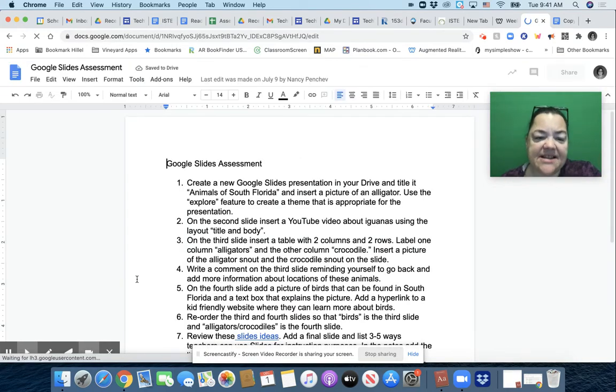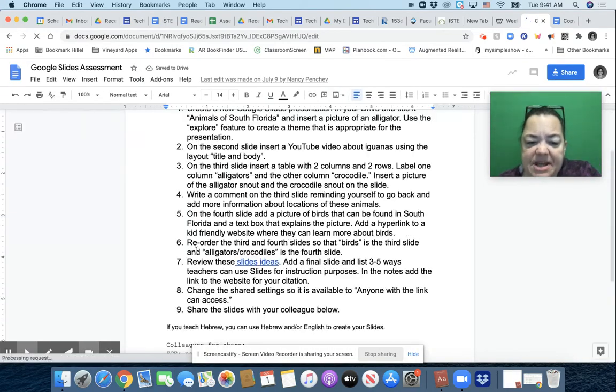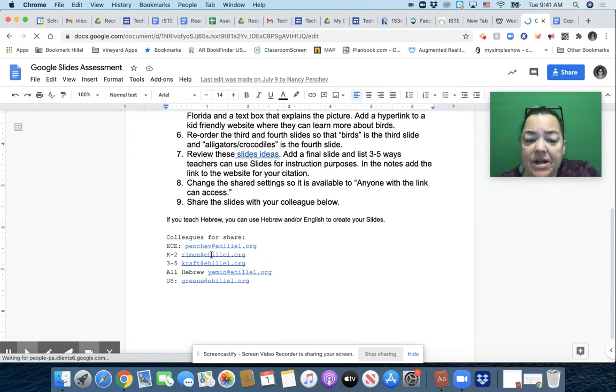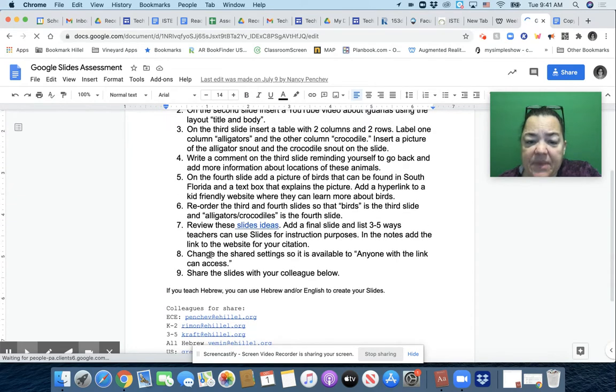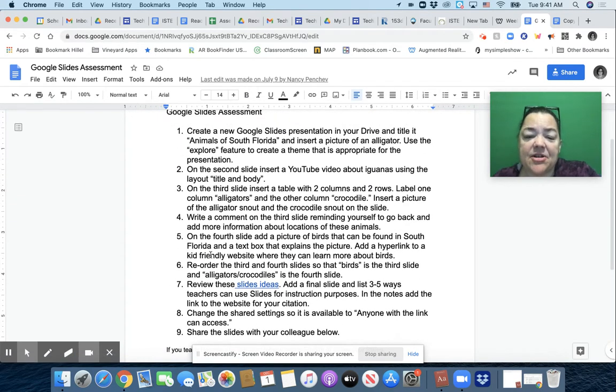When you click on the assessment, it gives you a step-by-step guide for what you are supposed to do. For this assessment, they're creating a Google Slides of animals in South Florida. Now, if they came up with a different topic that would work in their class, then that was fine. But we just did a general one for animals of South Florida, and then they put in a YouTube link, or they put in text, or they put in a